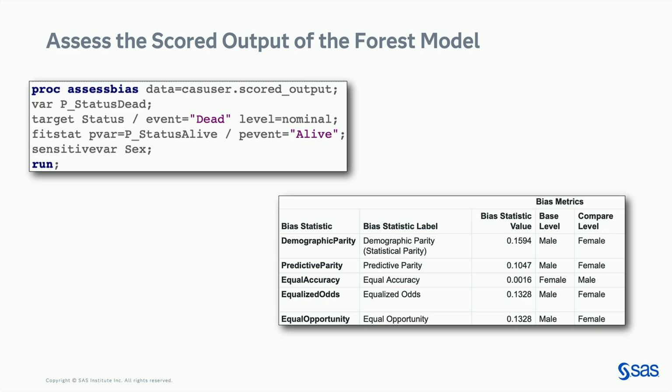What do the bias metrics look like? So there's multiple tables output. I've highlighted here the bias metrics table. This is the one that's actually going to tell us, okay, we have the male and female categories, and for the different definitions of bias that we had before, here are the calculations of that statistic. If you're thinking about, okay, I want my model to be equally accurate for male and female, hey, this is actually pretty close. It's 0.0016.